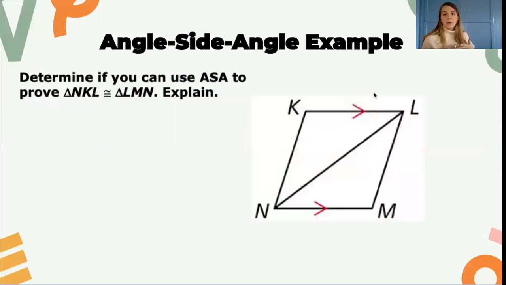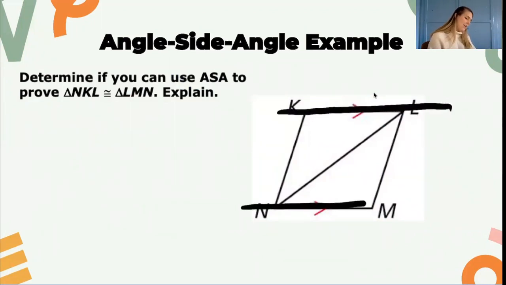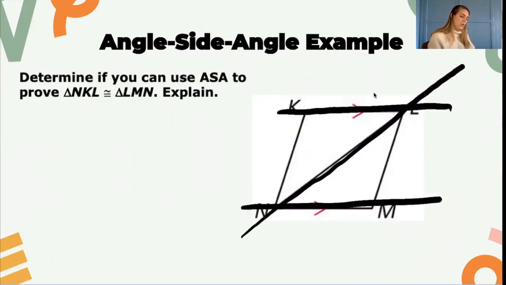So here's an example of when you could use ASA. So what you have here are two parallel lines and a transversal. I like to draw these out so you can really see the relationship. So when you look at these, you can start to see